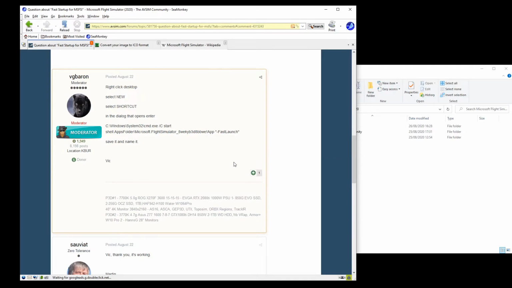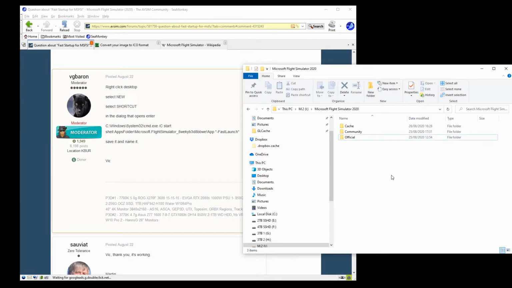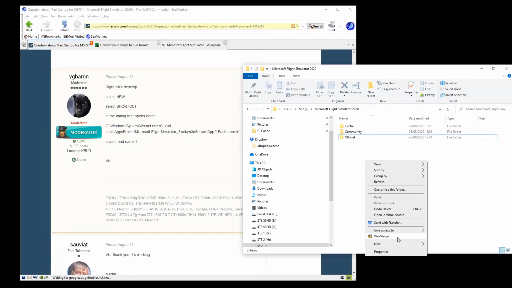Now what we need to do is do what they say, so we go to where we want the shortcut to actually be. It might be on your desktop, it might be in a folder somewhere. In my case, I'm going to keep everything in a folder because I actually have a Stream Deck and I want to be able to launch it that way, so I'm fine with it being hidden away, as it were. So first things first, right click, new shortcut,